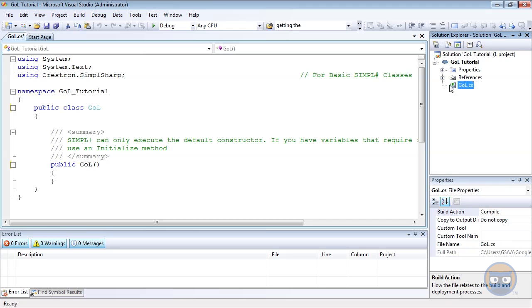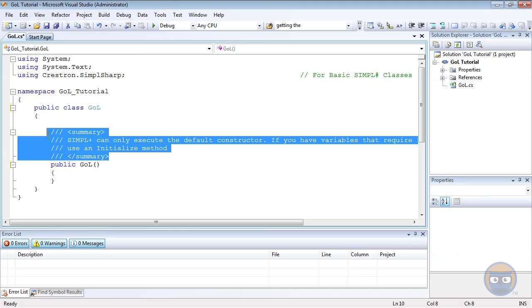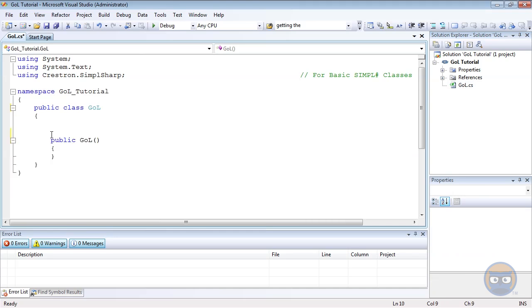So SIMPLSharp is going to store information about the grid and whether the cells on that grid are alive or dead. And since I'm doing this on an RMC3, I'm going to use a really small grid of 15 by 15. So I'm going to set up a private constant integer whose size is 15. So this private part at the beginning just means that we won't be able to access this variable from inside